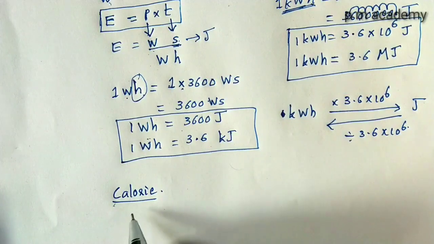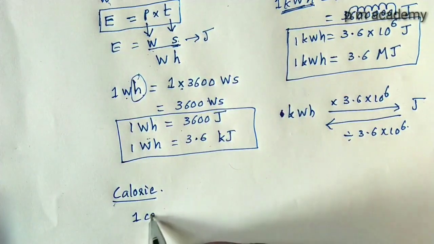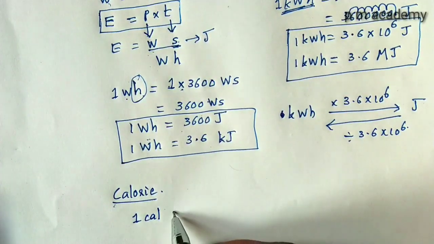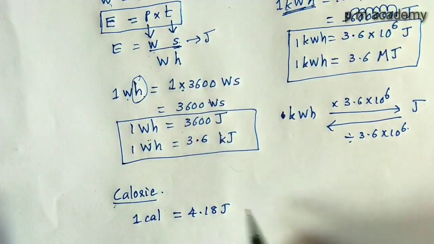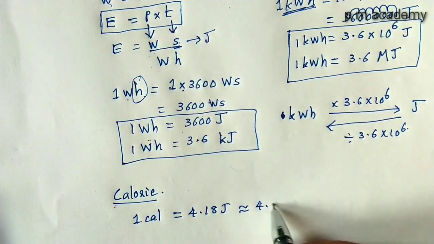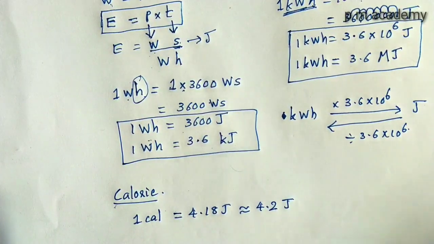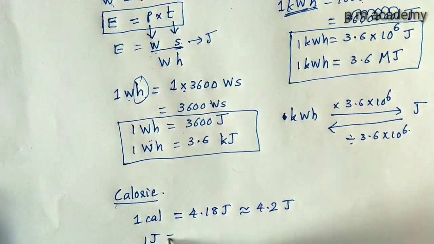Calorie is defined as follows: 1 calorie is 4.18 joule. It is approximately 4.2 joule; the actual value is 4.18 something joule. 1 calorie is equal to 4.18 joule, and 1 joule is equal to